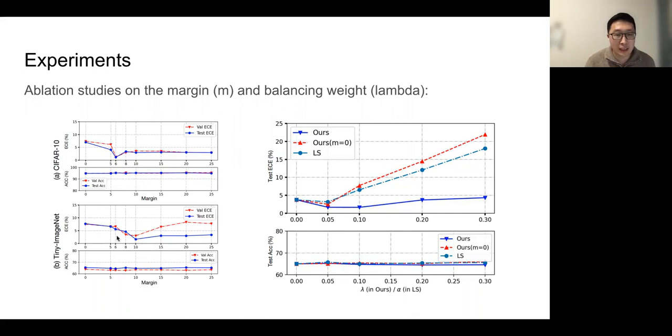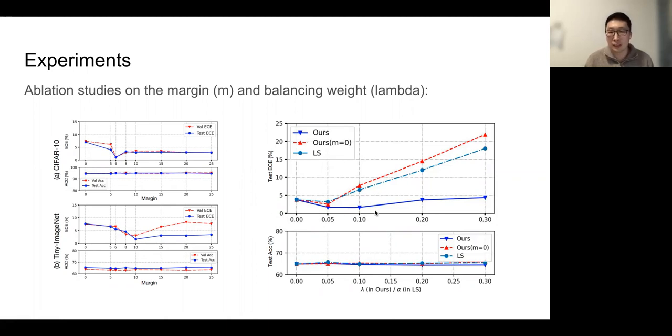We see that it's not very sensitive to the margin, and basically we can set the margin between 5 and 20. In our experiments, we set the margin to 6 for the model on CIFAR 10, and for all the other cases, we just set it to 10. It can give very good results.